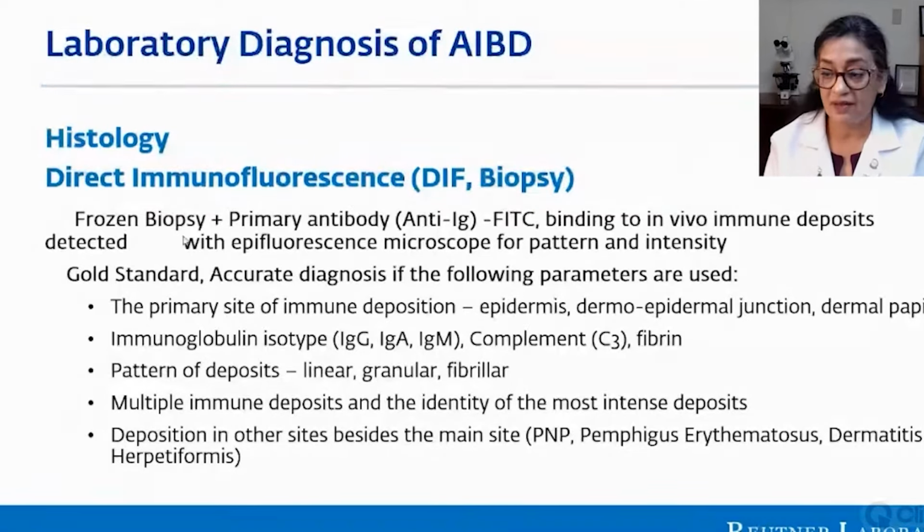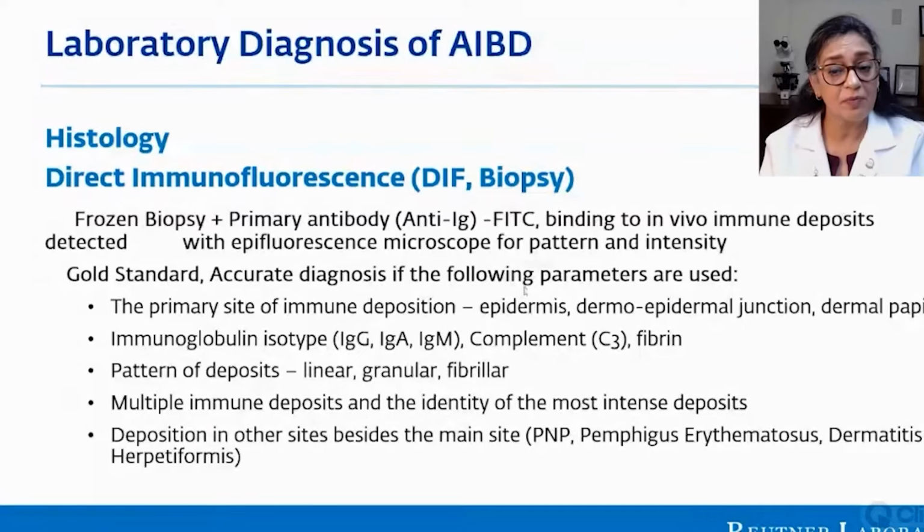And for this, cryosections of snap frozen biopsy specimen are treated with a primary antibody labeled with a fluorophore, usually FITC. And these antibodies bind to the in vivo or tissue-bound immune deposits. And this reaction can be detected with epifluorescence microscope for its pattern and intensity. DIF is still considered the gold standard, and it can give us an accurate diagnosis if the following parameters are